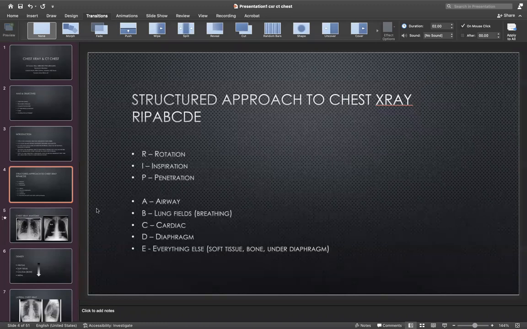Cardiac, so looking at your left and your right heart borders, heart size, and anything that you can see that's abnormal within the heart. Diaphragms are obviously very important, being able to see